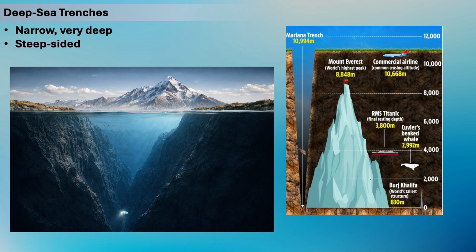These two illustrations here are meant to help put the depth of deep sea trenches into perspective. The deepest point in the Mariana Trench reaches approximately 10,994 meters below sea level, while the summit of Mount Everest rises about 8,848 meters above sea level. So if Mount Everest were placed inside the Mariana Trench, its peak would still be more than 2 kilometers below